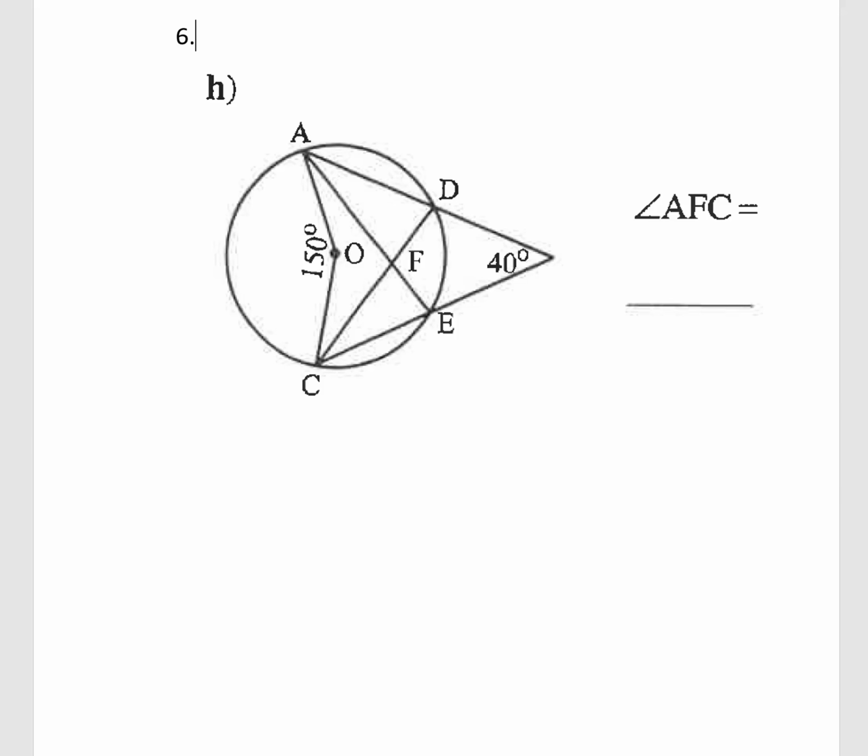Part H of question 6 is asking us to find angle AFC. And so just to indicate which angle that is in this complicated diagram here, angle AFC is this angle here that we're interested in. So I'm going to draw a dot there to indicate it. And so what we want to remember here is the rule that